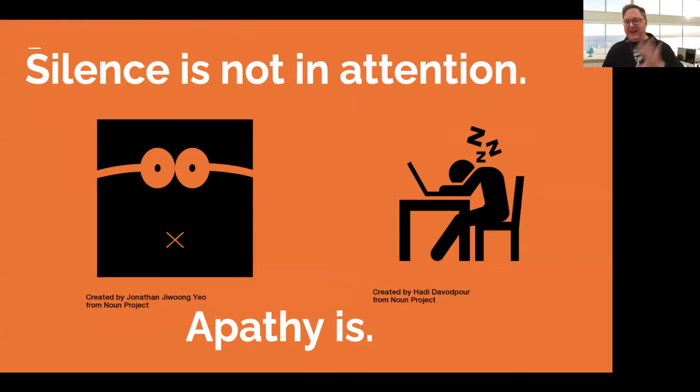Silence is not inattention. Apathy is. Silence, oftentimes, as Cathy mentioned too, people are processing things. They might be silent, but the next thing out of their mouth might be brilliant. Our real enemy here is apathy. Apathy is defined where someone doesn't have the energy or will to make a contribution, even though it's important. And we, as consortial members, we want to,